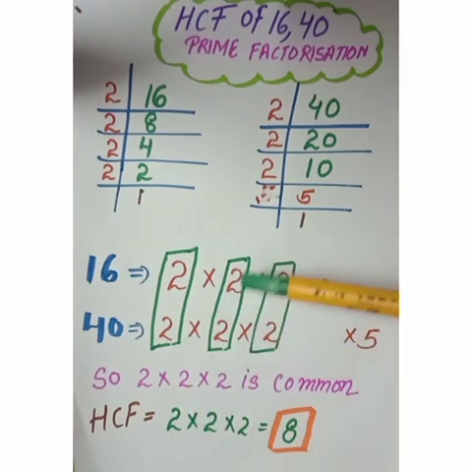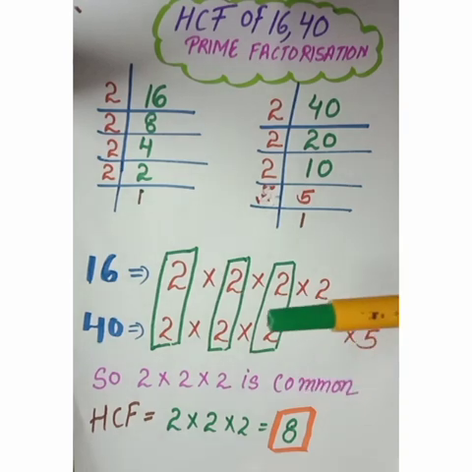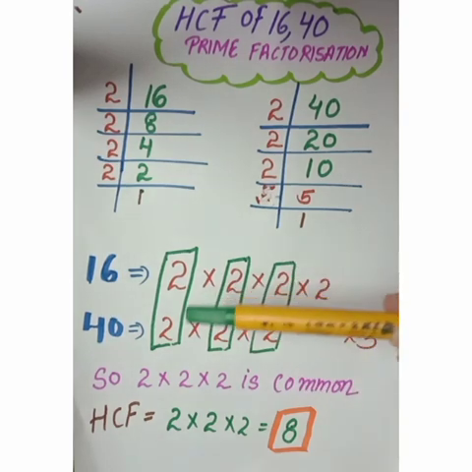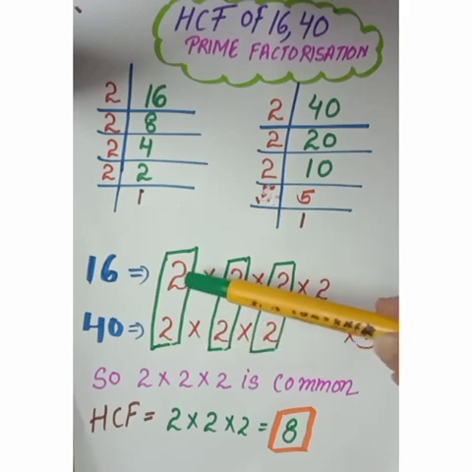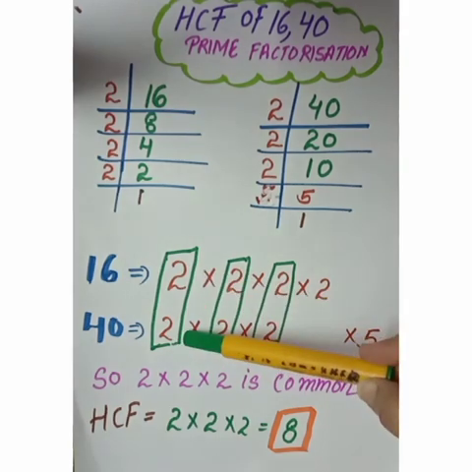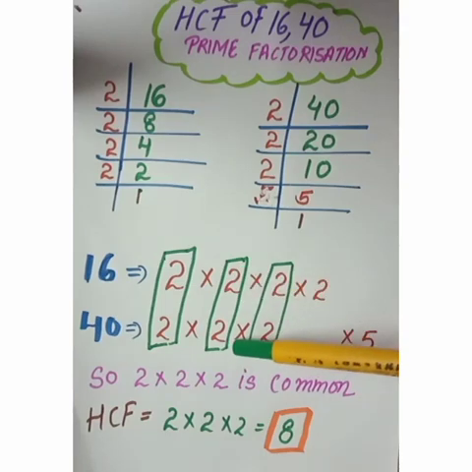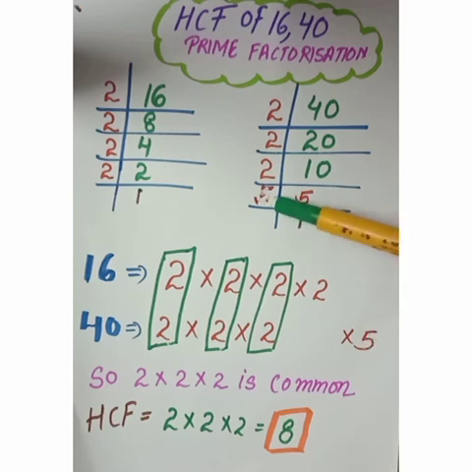While writing the factors of both numbers, you have to remember one thing. You have to write a digit below the same digit. Like if the 2 is here, then only you have to write the 2 here. If 2 is up, then write 2. If 2 is there, write down the same digit. If number 5 is here, next our factor is 5. But we cannot write the factor below the 2 because both are not the same. So this 5 we will write on one side, that will not be right below the 2.